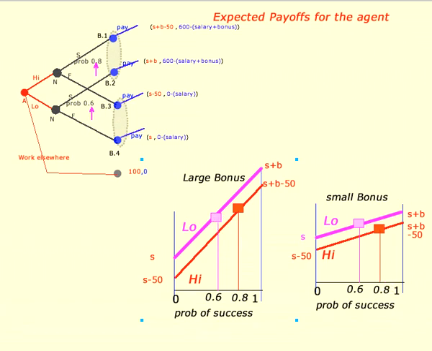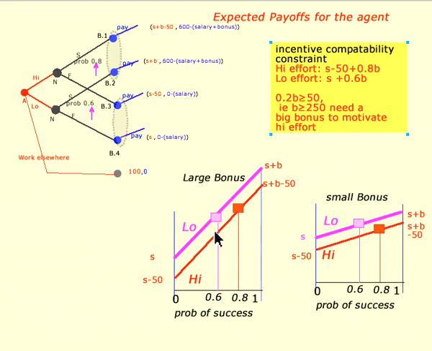Now, we call this relationship an incentive compatibility constraint. What we want is the expected payoff, which is the probability weighted average of these two endpoints along this red line, to be more than the expected payoff, which is another probability weighted average along the purple line. Okay, so this one we want to be greater than that one, and that's what we call an incentive compatibility constraint. You can write these things down algebraically, and the algebraic expressions of these pictures line up along here. So we call these incentive compatibility constraints.